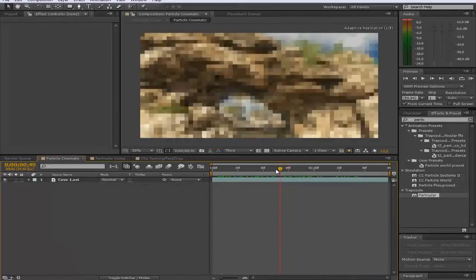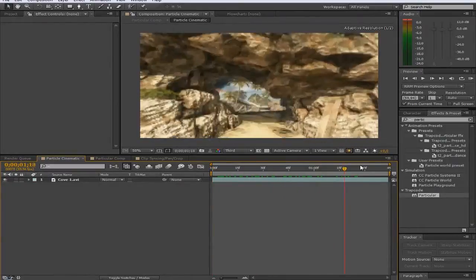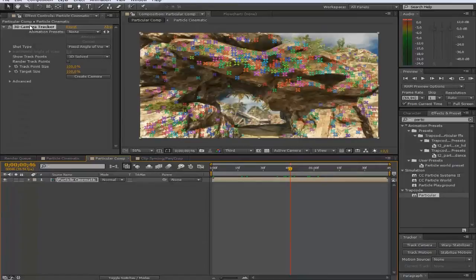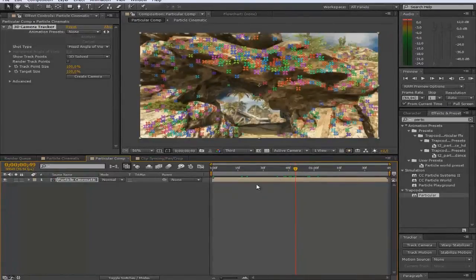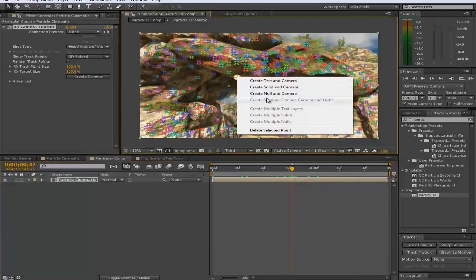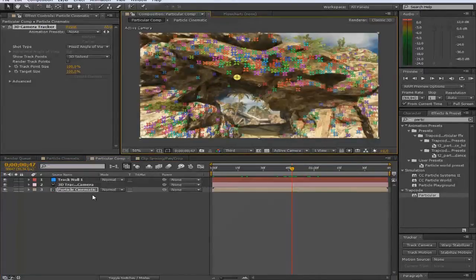But as you can see here, I've already synced up my clip, or my cinematic. I've pre-composed it, and I've motion tracked it like I've showed you before. Now it's quite a simple effect actually. It doesn't take that long to do, since the camera tracker does all the hard work of tracking it. But if you just choose a point here by right-clicking and create null and camera, we can then